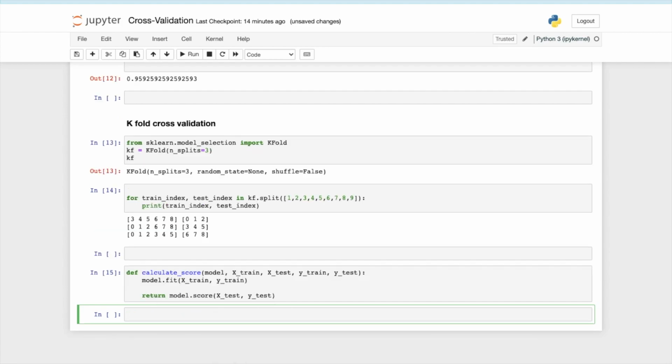All right. Now let me write some code where I will be using this k-fold cross validation technique,